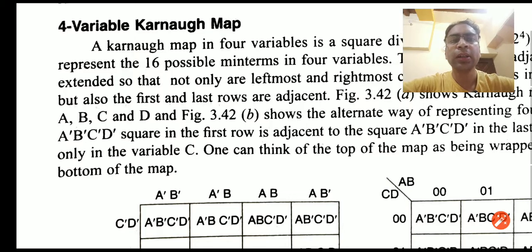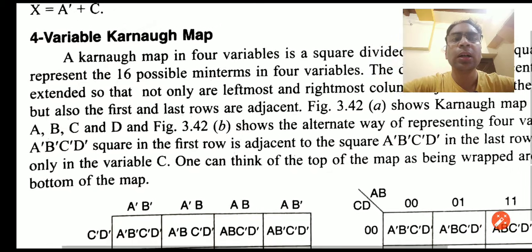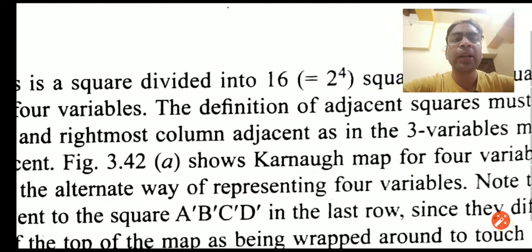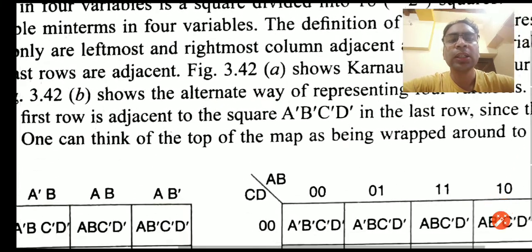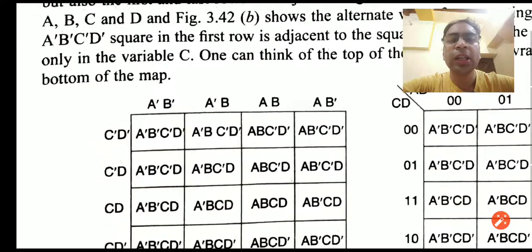We were discussing the K-maps here. In the previous lecture we had seen the K-maps of 2 and 3 variables. Today we will discuss the K-maps of 4 variables. As from the formula, with the 4 variable K-map, we will have 2 to the power 4 squares, that is 16 squares in our K-map. Now let us see how we can label the K-map.